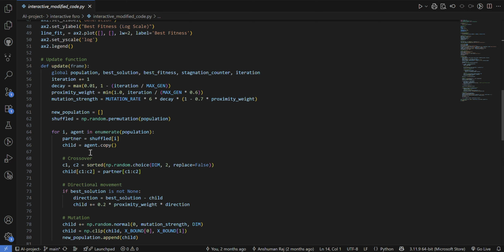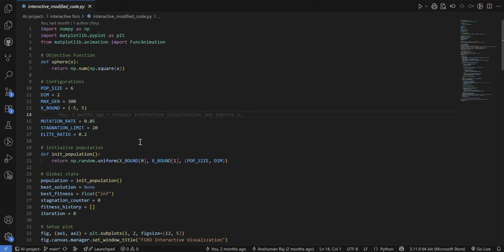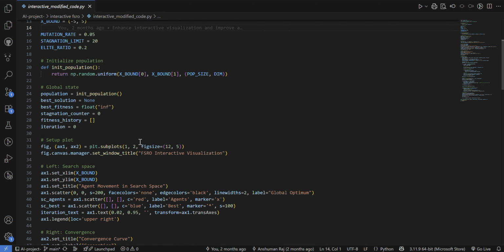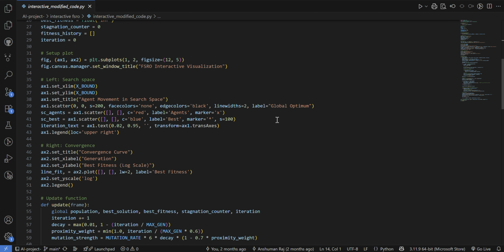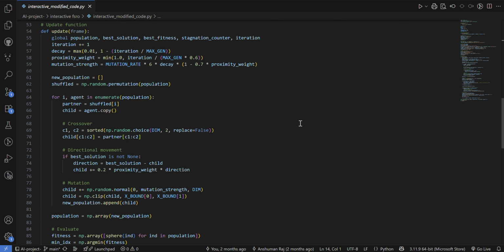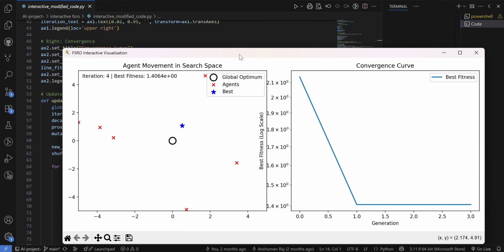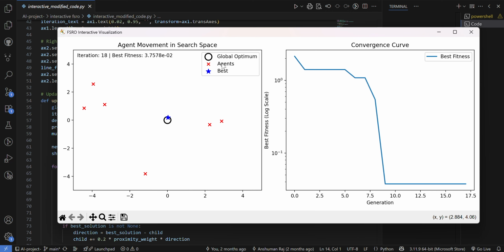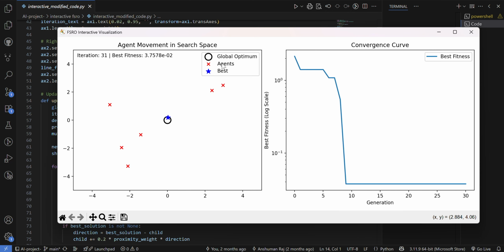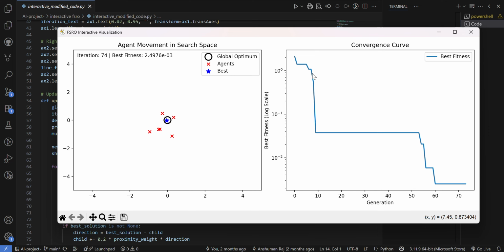We have added comments here so that you can understand how the original idea was used here, and how the modification has been done. So one major thing you'll see here is random initialization of solutions, which is partial initialization, but it would be better if I show you the video. Okay, so the convergence curve starts like this. You'll see that in very few number of iterations, we have crossed what the original FSRO algorithm reached in 500